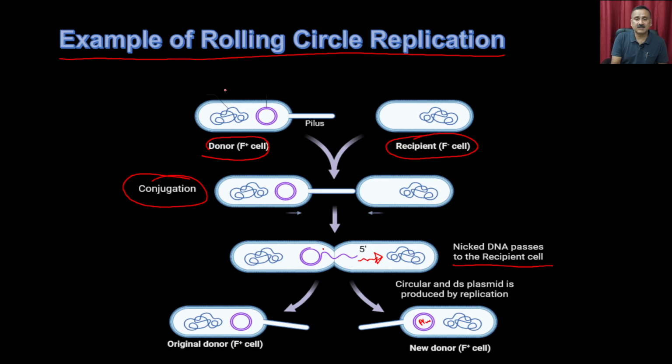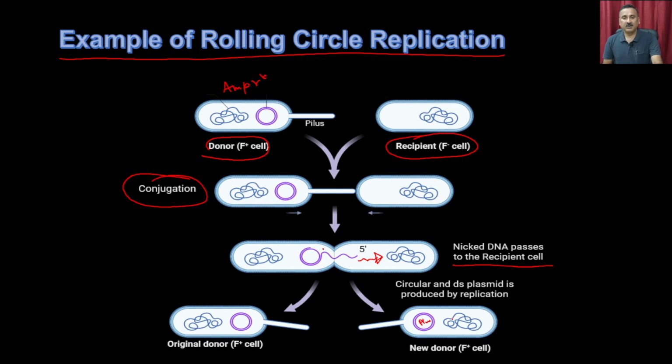For example, if this bacteria is ampicillin resistant, and this bacteria is ampicillin sensitive, then this bacteria is going to provide that resistance through the rolling circle model and provide the DNA responsible for that, and this DNA is going to provide the ampicillin resistance even into the donor molecule as well.